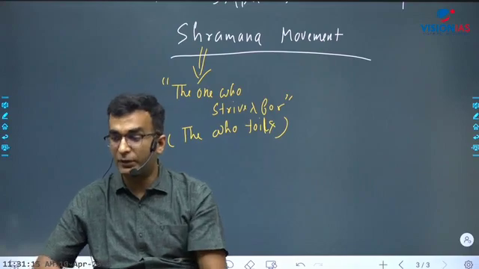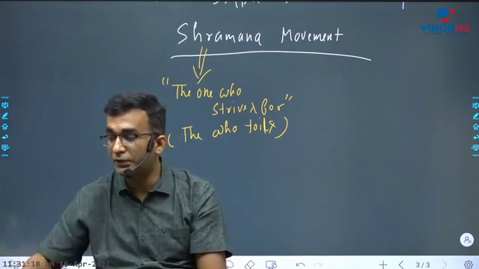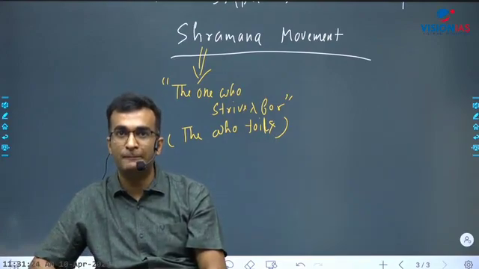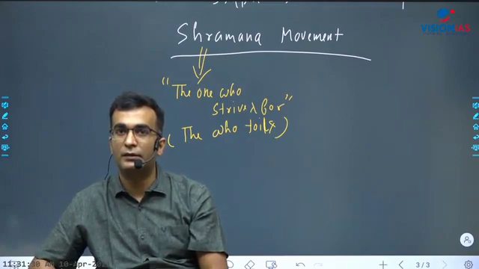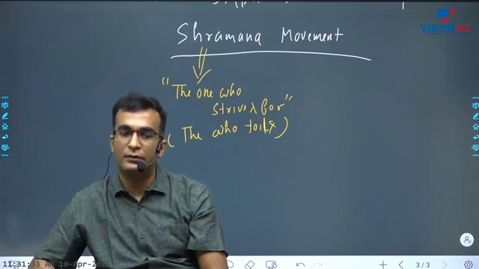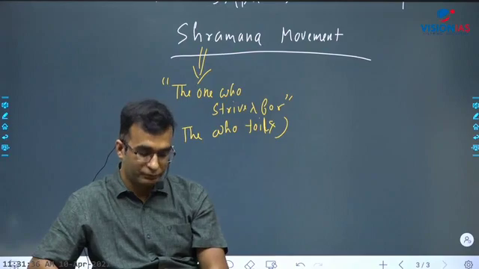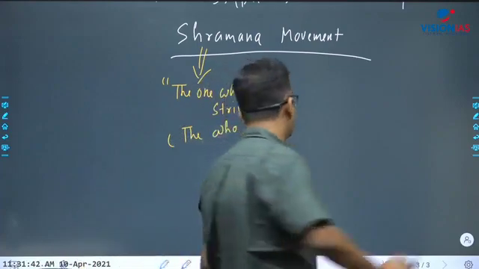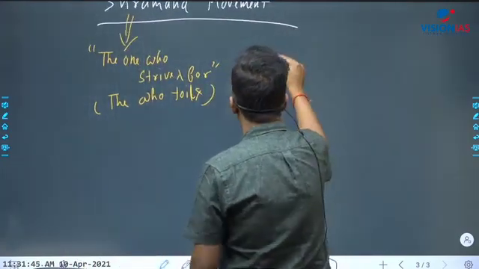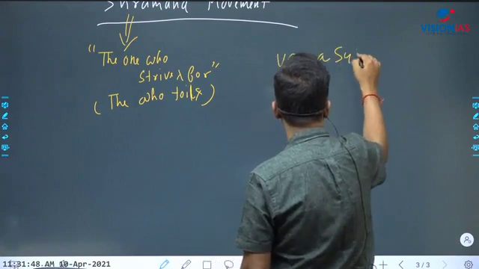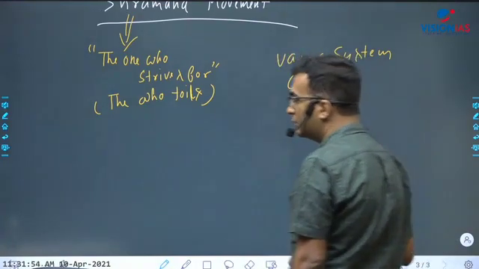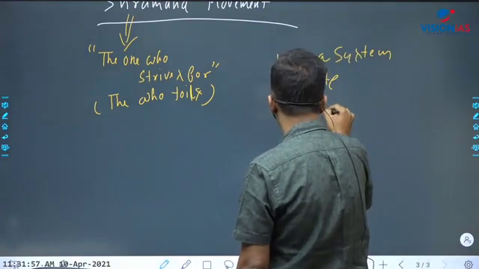The proponents of Shraman movement were against the discriminatory Vedic practices. So one by one you write these all Vedic practices: Varna system and the caste which emerged from it, complex Vedic rituals,